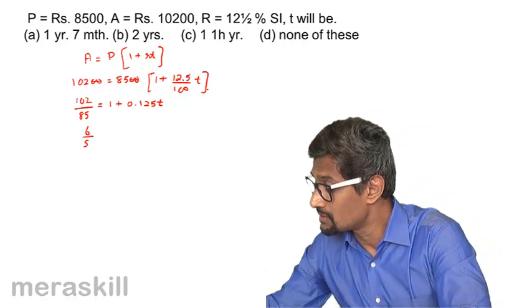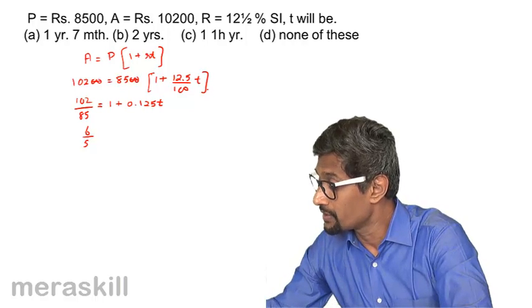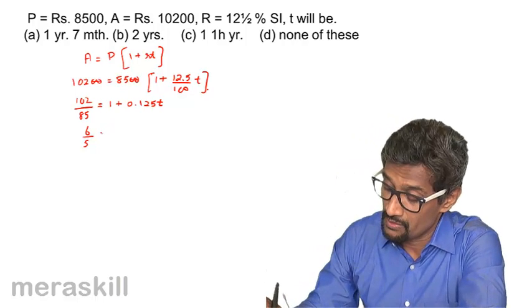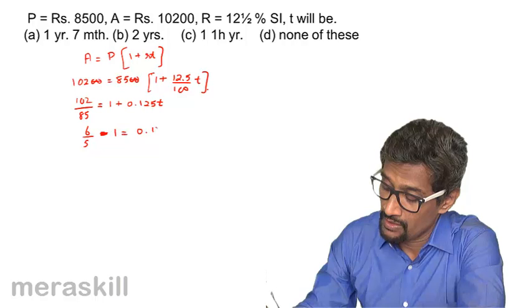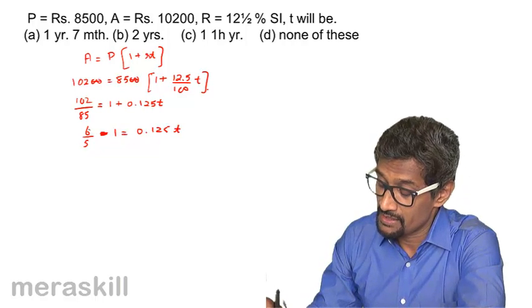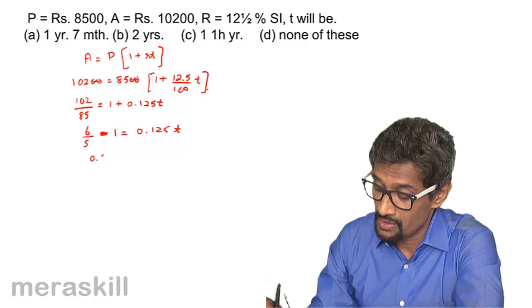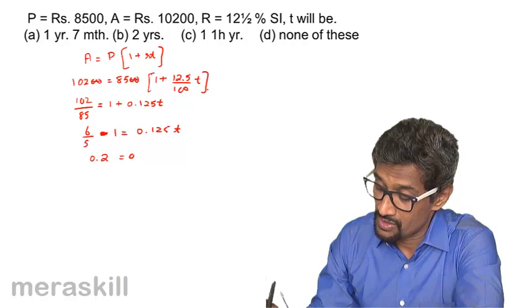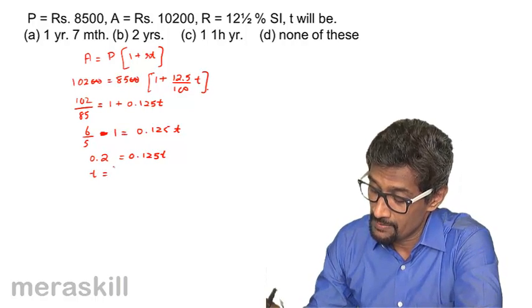So we can do it: 102 divided by 85 minus 1 is 0.125 T. So this turns out to be 6 minus 1 by 5, which will be 0.2 is equal to 0.125 T. So T turns out to be